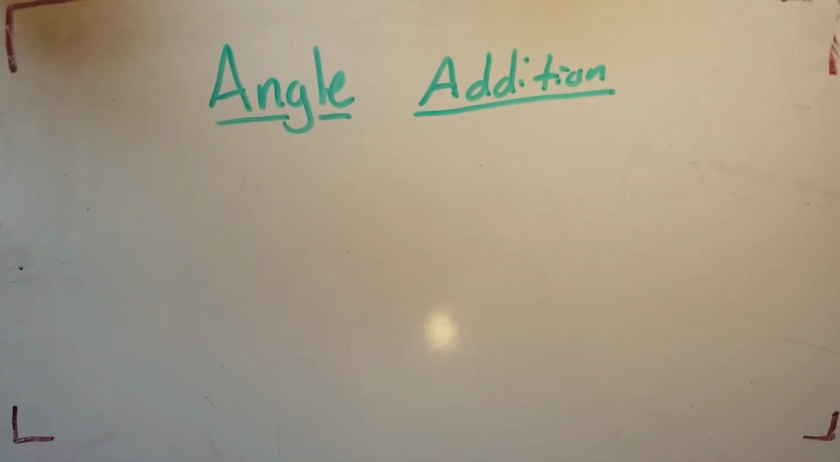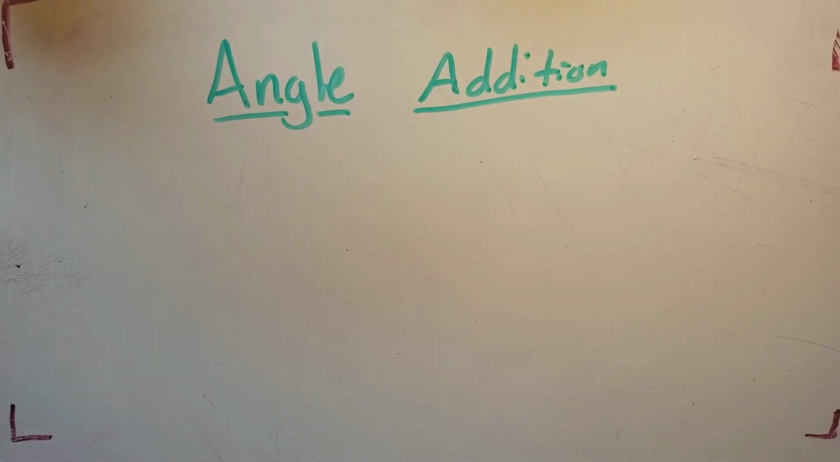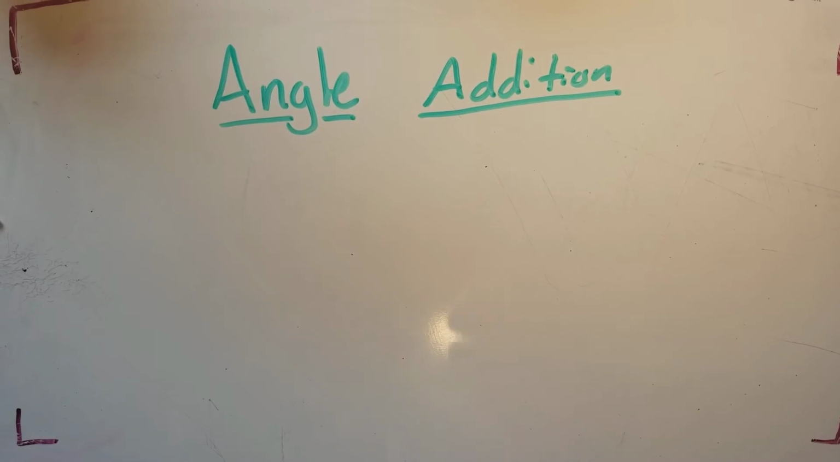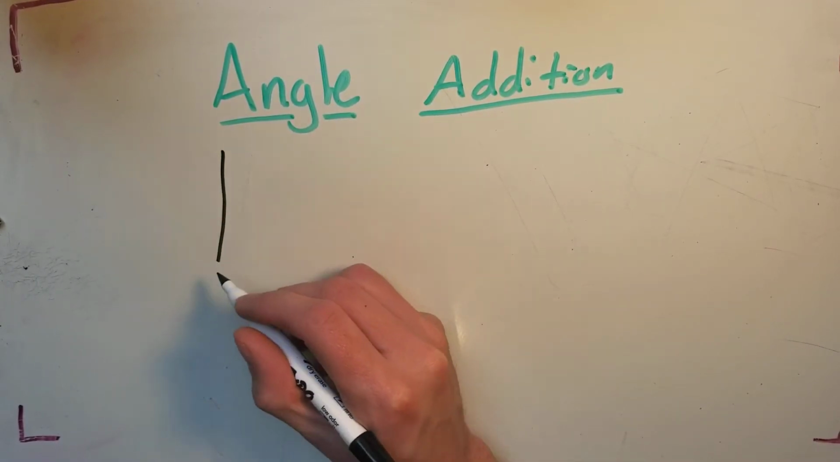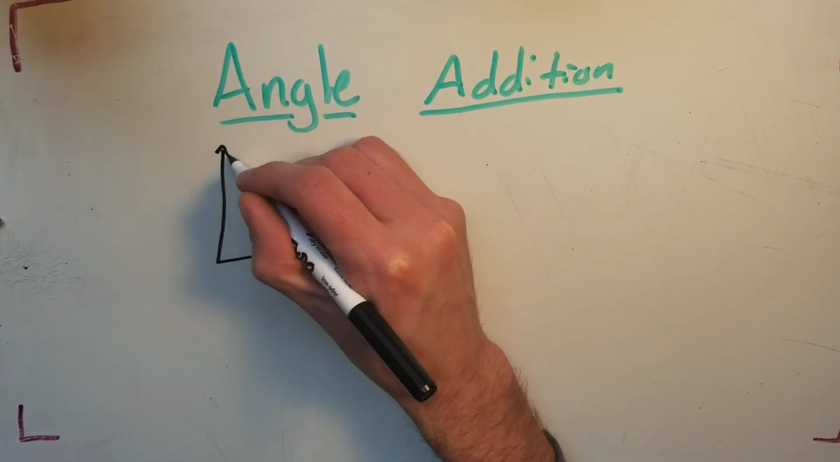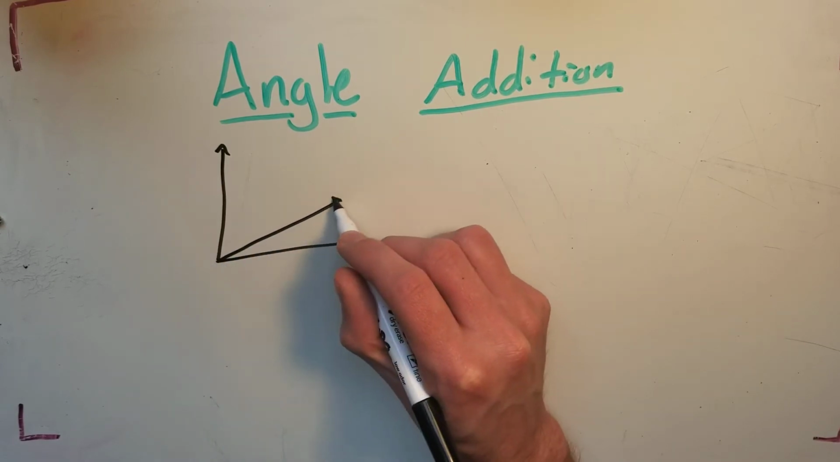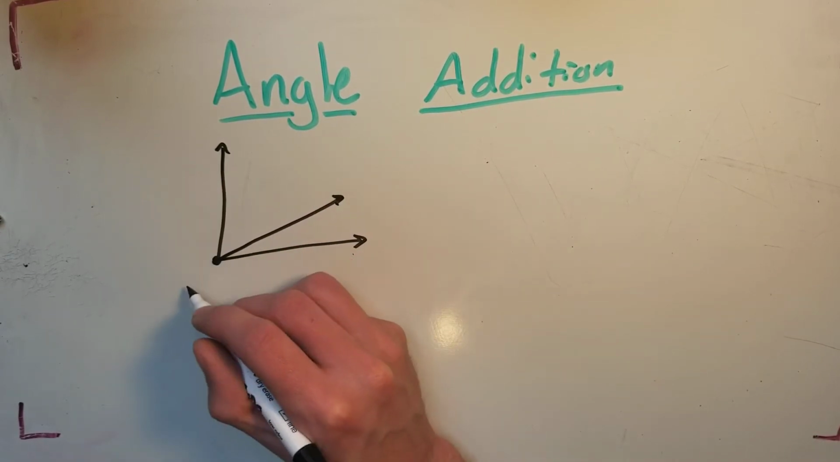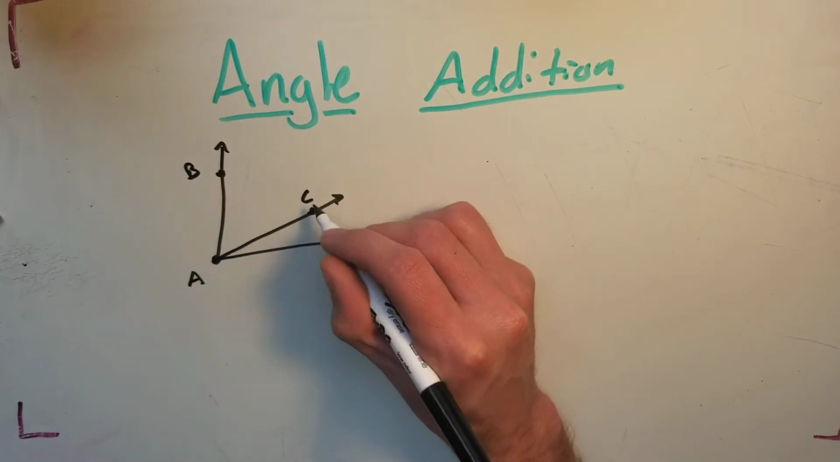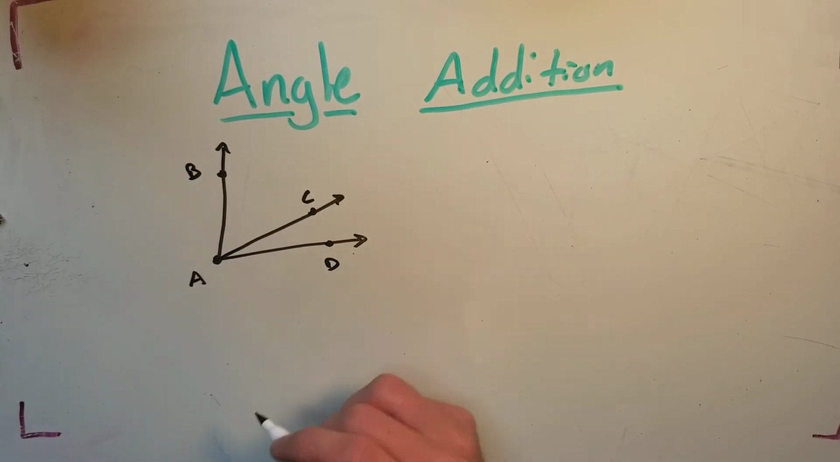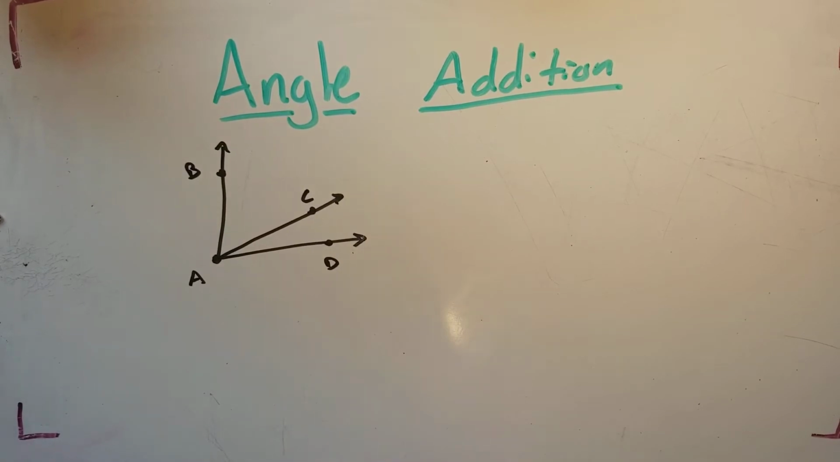We're specifically going to talk about this with adjacent angles. Angle addition is talking about if you have two angles and they are adjacent to each other, you can add them together to find out the total angle. What I mean by that is, let's say we have this angle here and it gets divided into two smaller angles, with points A, B, C, and D. If we were to say